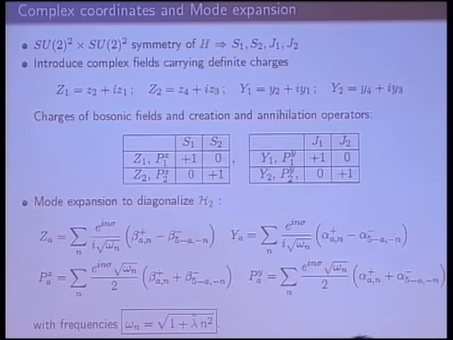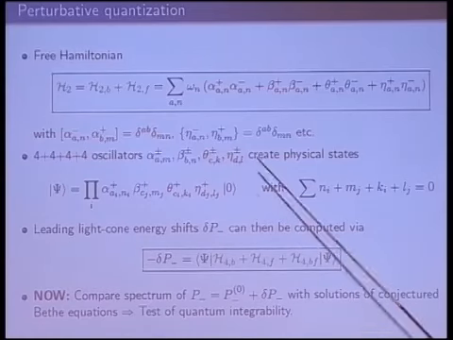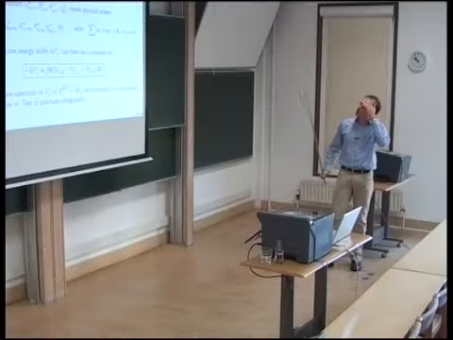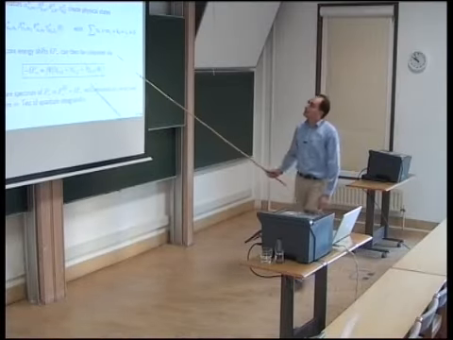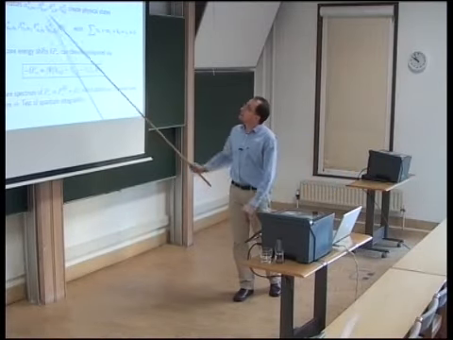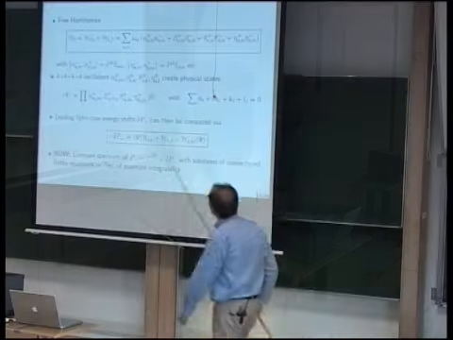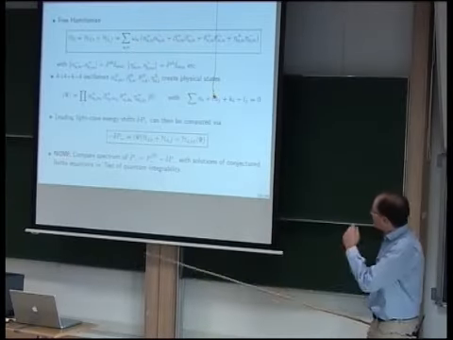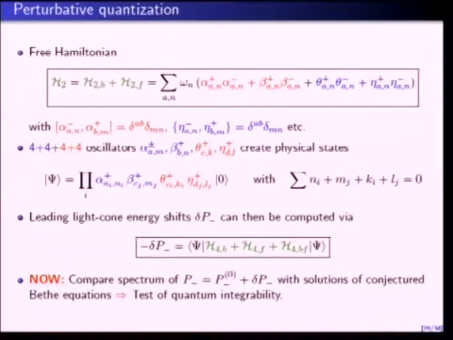which describe your free theory. So this is the free Hamiltonian. These are the bosonic oscillators. You also have similar objects for the fermions, of course. And you create physical states by acting with the creation operators on the vacuum, with the necessity that the level matching condition is obeyed, so that the sum of all mode numbers is 0. And then the leading energy shift delta p minus to this free